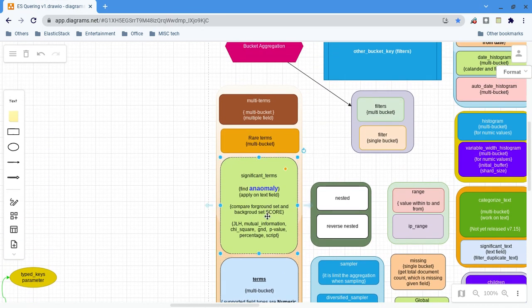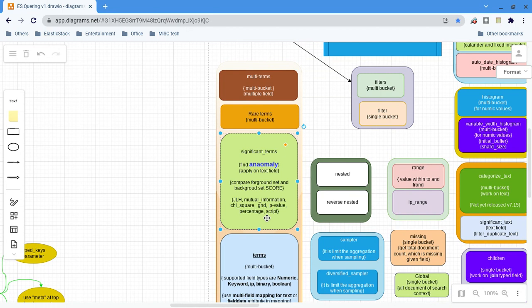Here they compare the background set score and the foreground set score. That score is calculated using statistics, so that's why I say it's part of data science. The business application is anomaly detection.